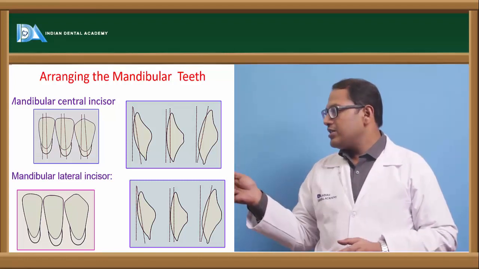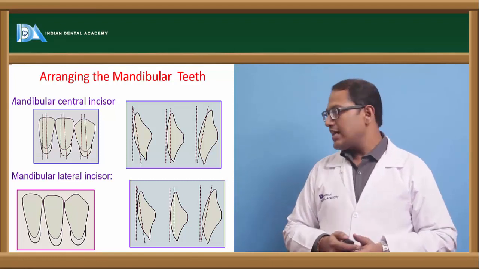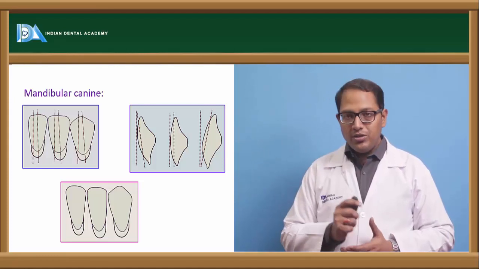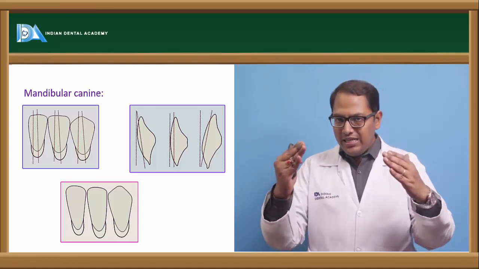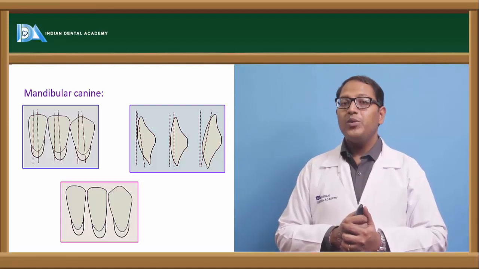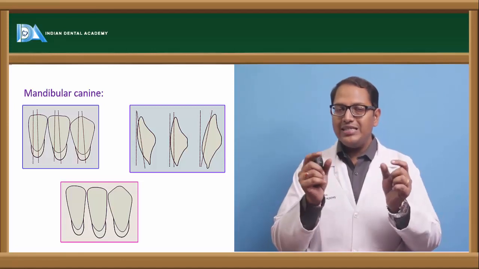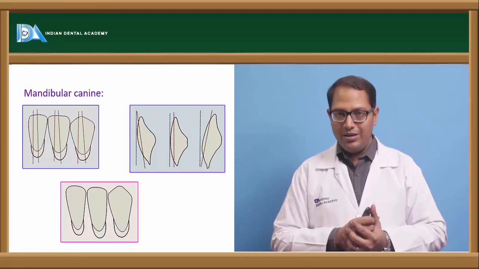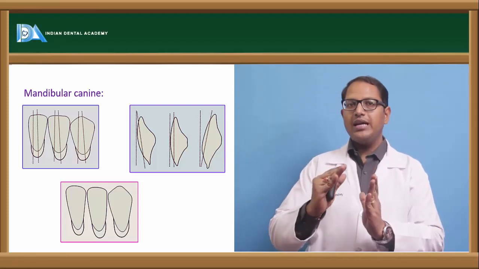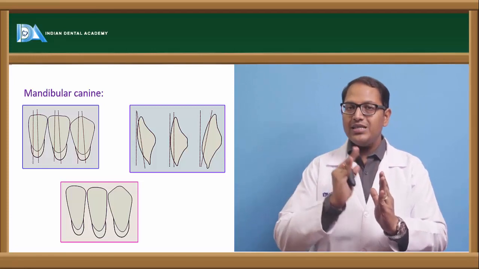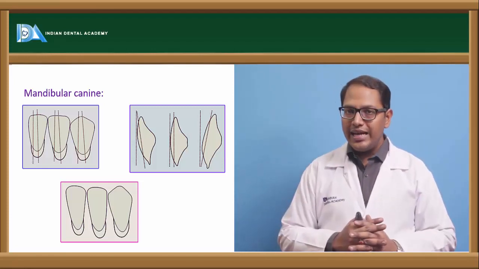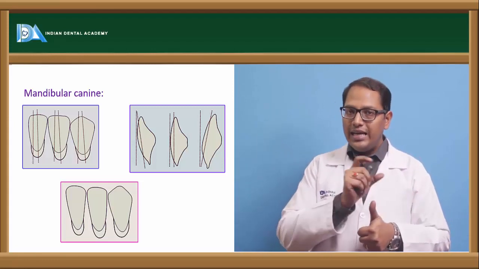So that is how you are supposed to place the mandibular central incisors and the lateral incisor, placed straight with no curvature. Coming to the canine, it can have a little mesial tilt towards the incisal edges. Now why is that important? Because the canine is the first bigger tooth in the mandible. If we keep it straight, it will look very unaesthetic with respect to the incisors and the canine. So once we tilt it slightly inwards,